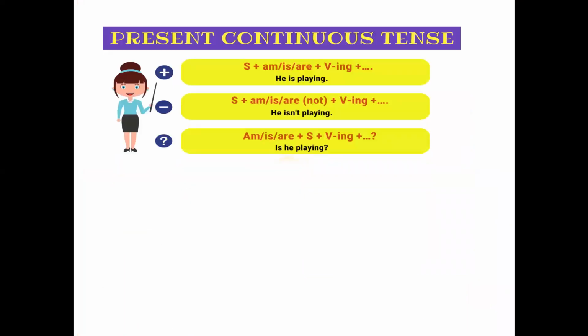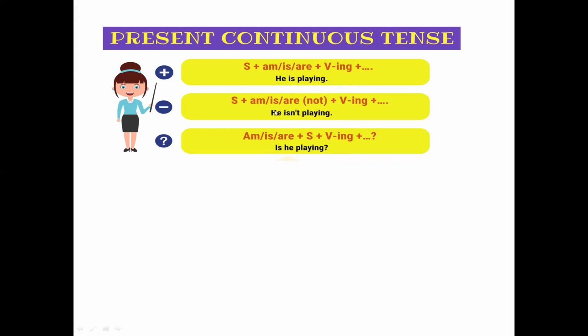Next is present continuous tense. Please note over here that in present continuous, we always make use of the ing form of verb. It is very, very important. Whether you are making use of is, am, or are in a sentence, if you are not making use of the ing form of verb, then it will not be present continuous. So it will be present continuous only if you are adding ing with the verb. So he is playing. Here we are adding ing with play. That is why it is continuous.